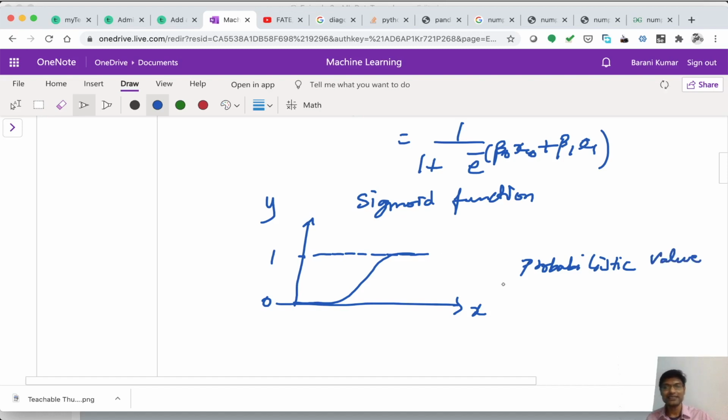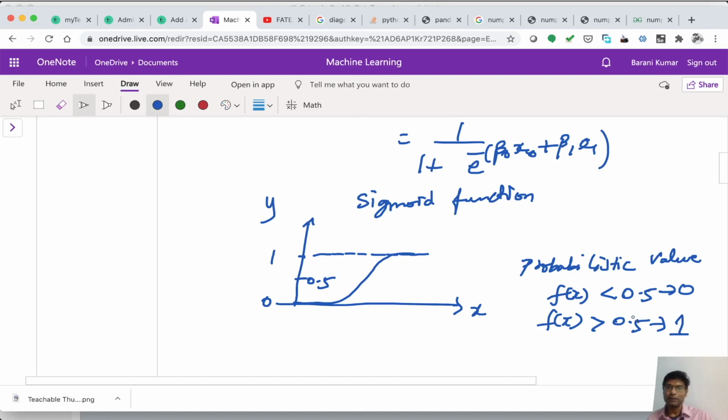Once this becomes a probabilistic value, for f of x less than 0.5, I can take the output as 0, meaning class 0. For f of x greater than 0.5, I can consider it as class 1. So these are the two different classes that we are going to take out of this equation.